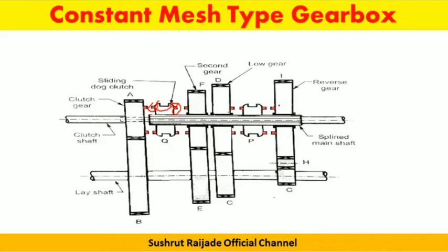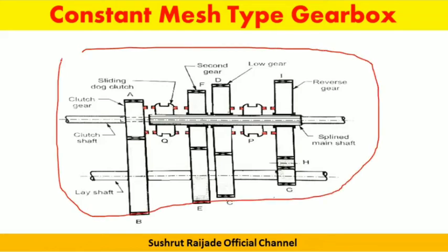So now next is the selector mechanism. The selector mechanism employed is similar to other gearboxes, meaning by selecting the gears you can engage the dog clutches with the gears on the main shaft. Okay. Now the next construction is the transmission case. The transmission case provides the support for the bearings and the shafts in the gearbox.